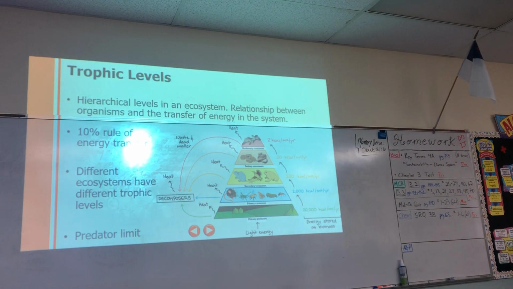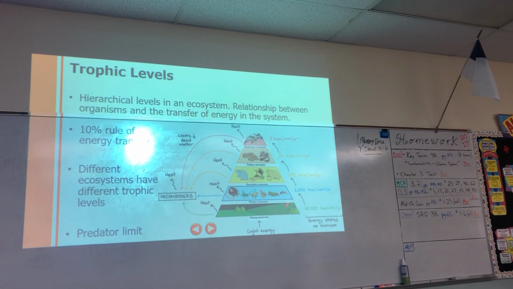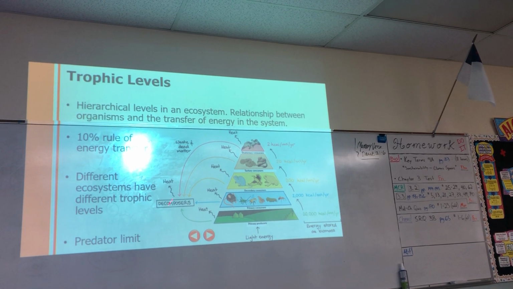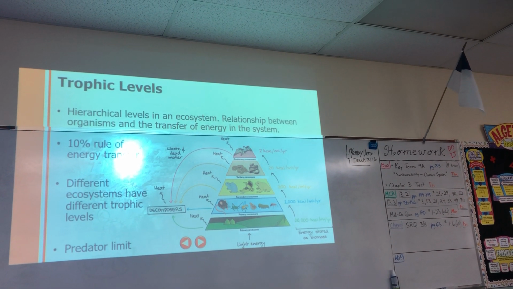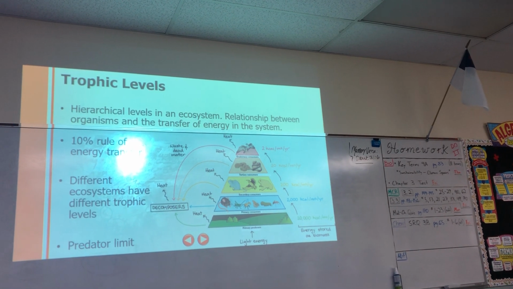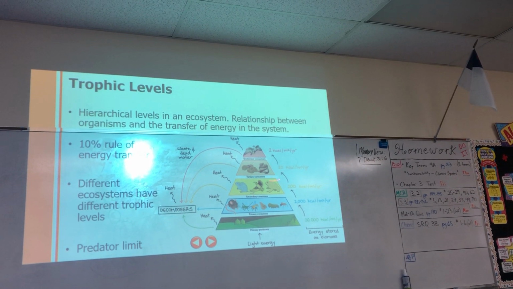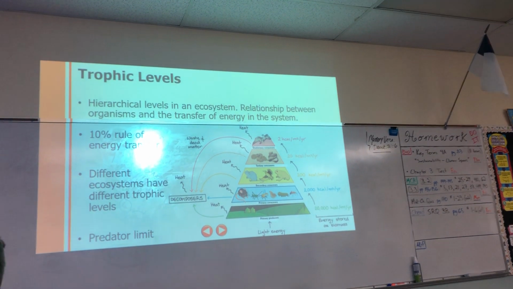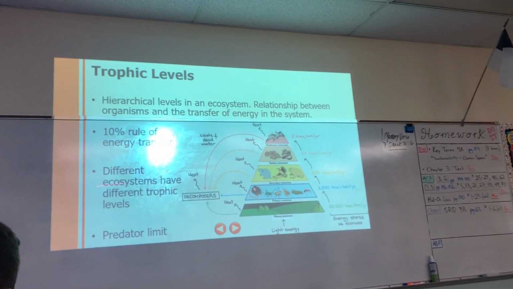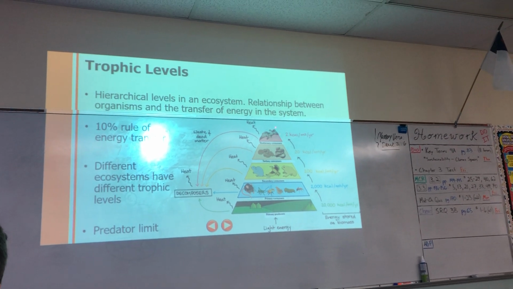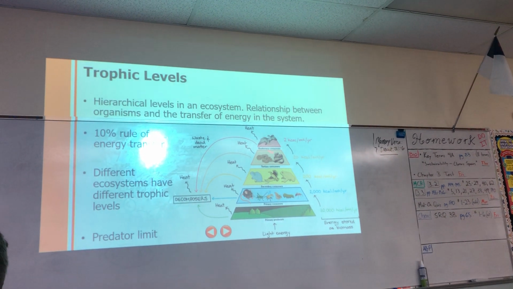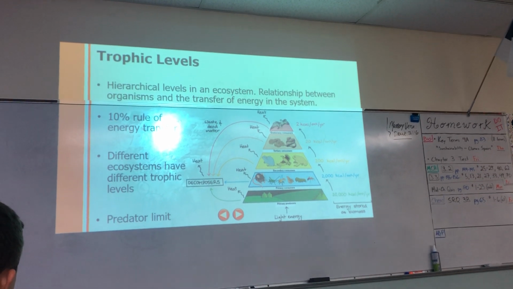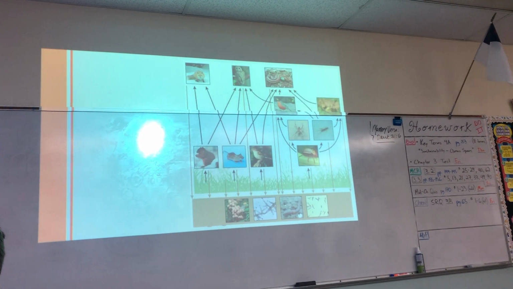Okay, we said that energy cannot be created nor destroyed. It's just transferred into a different form. Heat is one of those forms, okay? Eventually, everything goes back to decomposers. Know that we have a predator limit because there's not that many things for it to eat, because there's not that much energy in the trophic level below it, all right? Different ecosystems will have different trophic levels. Not every ecosystem will have quaternary consumers. Okay, quaternary consumers, apex predators, only in some ecosystems.